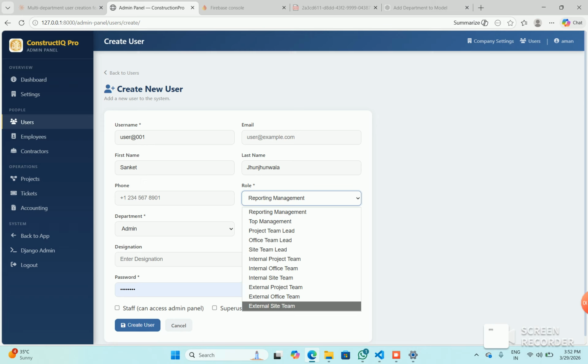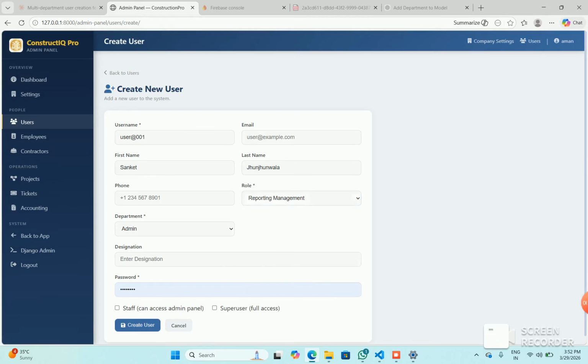So for example, a security agency will be external site team, other agencies like labor contractors will be external site team, all the material suppliers would be external project team, and service providers would be external project team, as well as all the consultants would be external office team. So we have distributed the hierarchy in the following ladders. There could be 3 members leading the project, which will be called the project team lead, and which has multiple